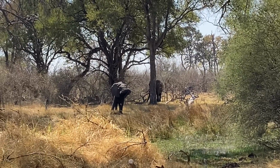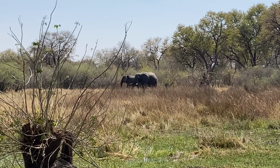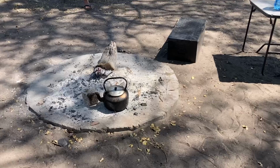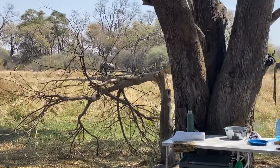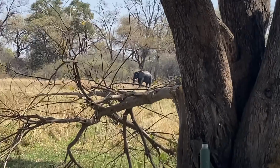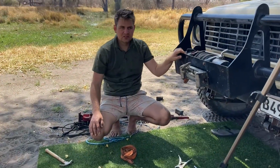And here were the elephants. The elephants often visit the campsite where we like to stay here at Khwai campsite. Throughout the day and often in the night, you'll have the elephants in and around camp, which is really, really nice. They are very calm, very peaceful, and of course, as long as you don't get in their way,